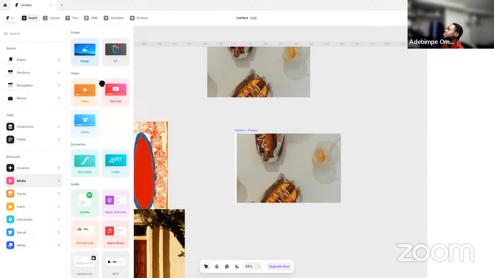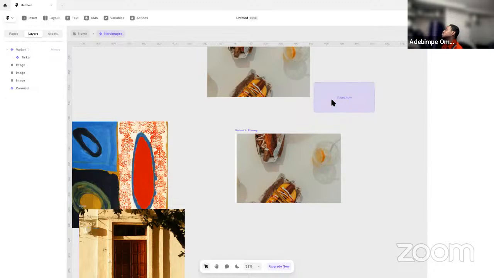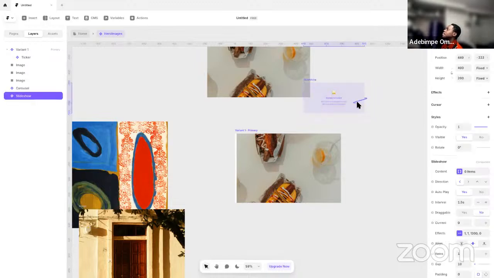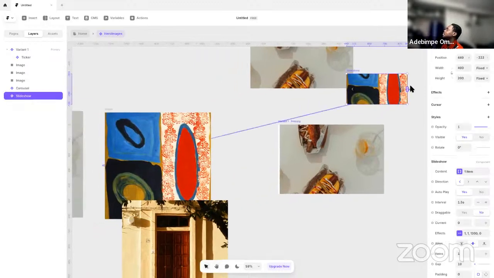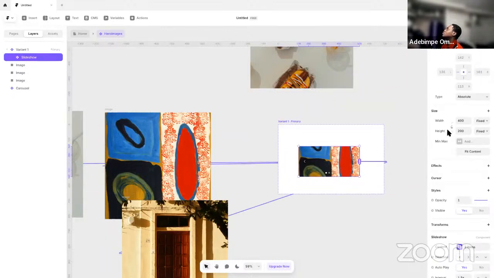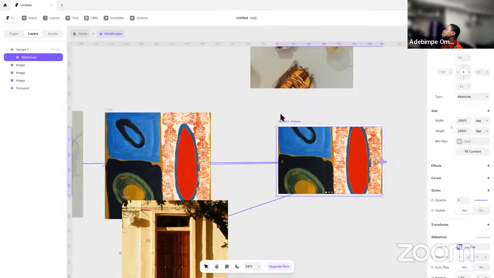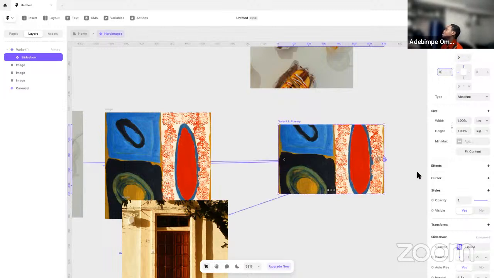Creative media, interactive. Oh, okay, so what I need is actually slideshow. So let's get that here, and like this, and like this. Okay, so let's bring that in, like the different functionalities for different items. So relative, make this 100, make this one also 100. All right, then again, you want to make sure that you have pinned all of these 0, 0. Okay, then now,